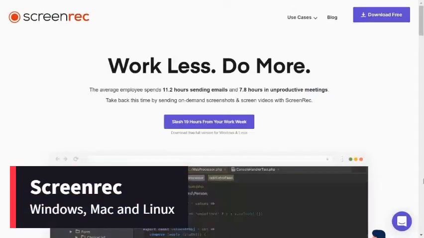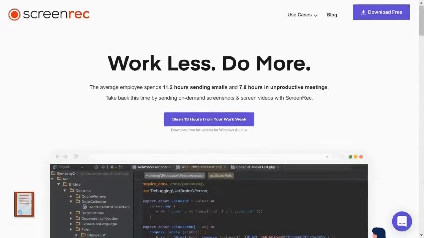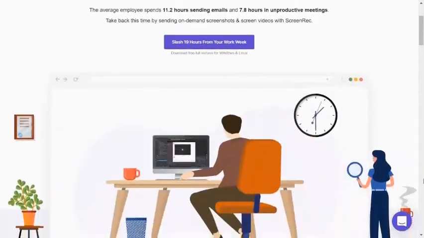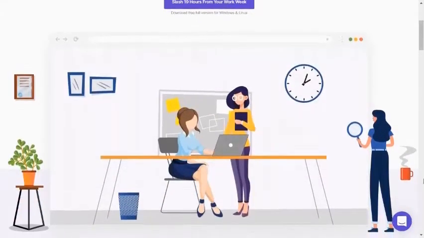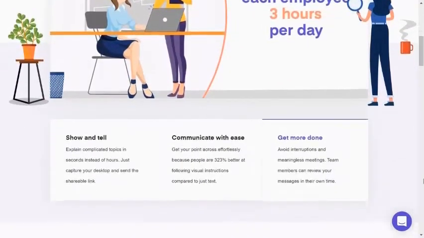Screen Rec. Screen Rec is 100% free. It is for Windows, Mac, and Linux. It works really well. I didn't even know this thing existed until I was recommended it, and it works way better than expected. There is no Pro version or anything, so every feature is 100% free, and that is really good. Now our next section,